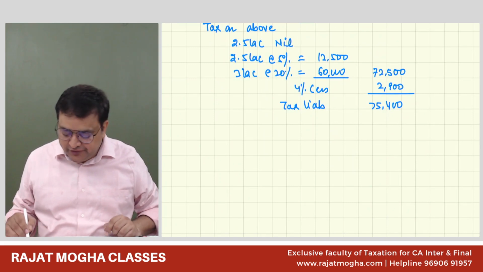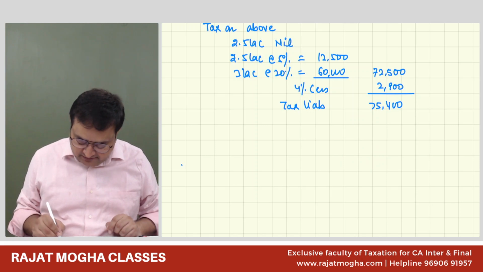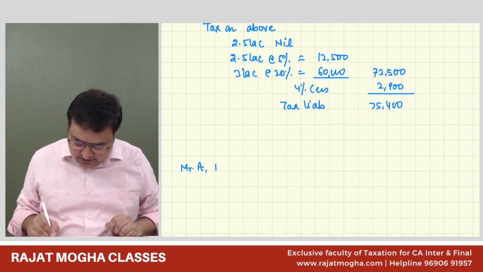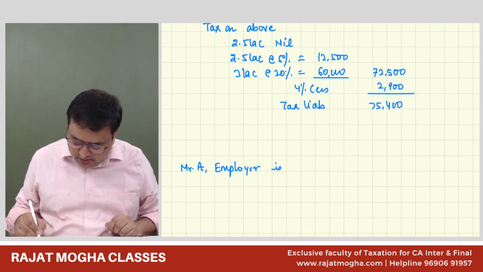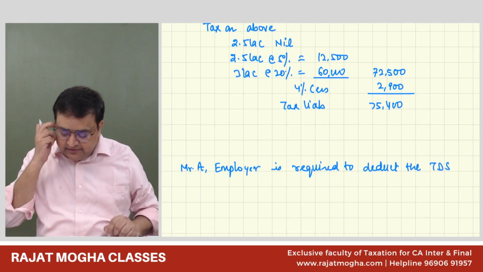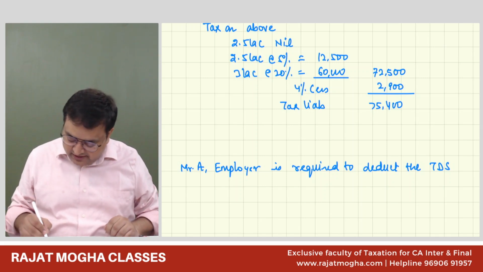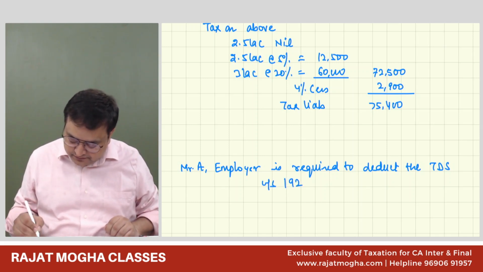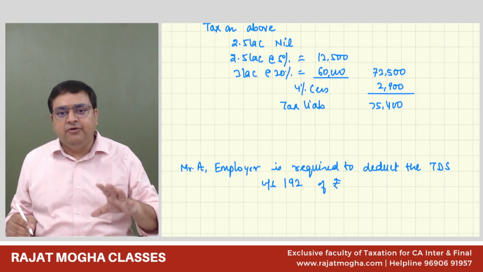So just leave 2-3 lines. And now Mr. A, the employer, is required to deduct the TDS. Mr. A is required to deduct the TDS. How much? Under section 192, whatever is your tax liability, it will be deducted by the employer,